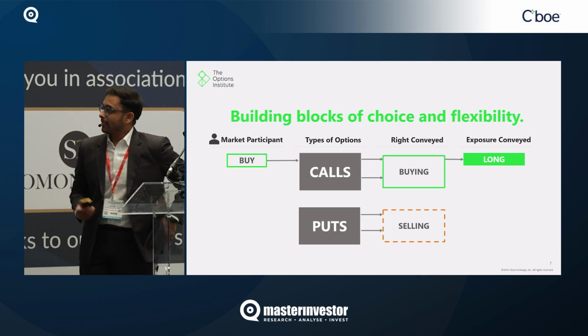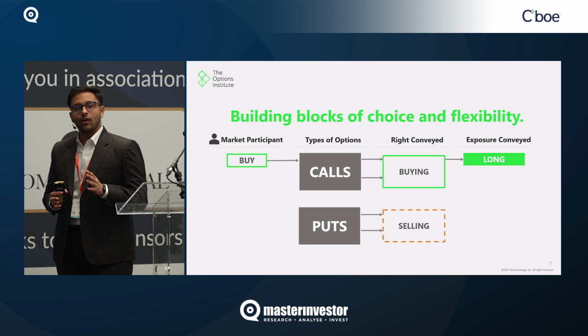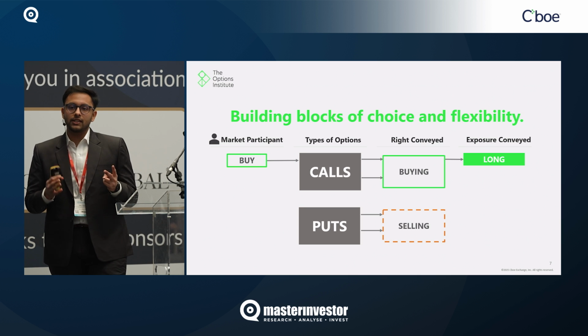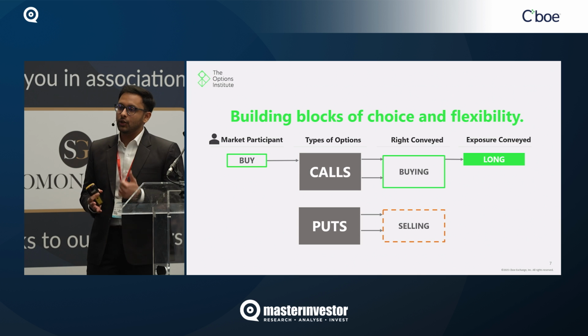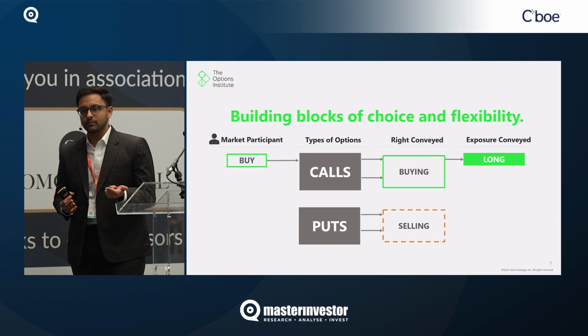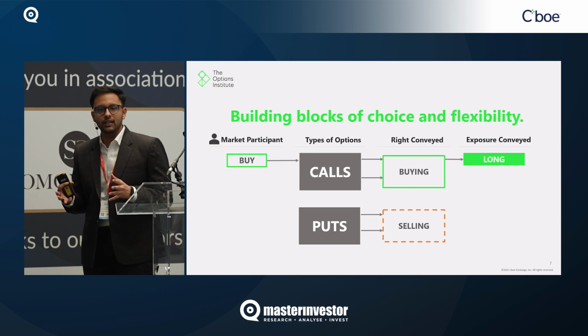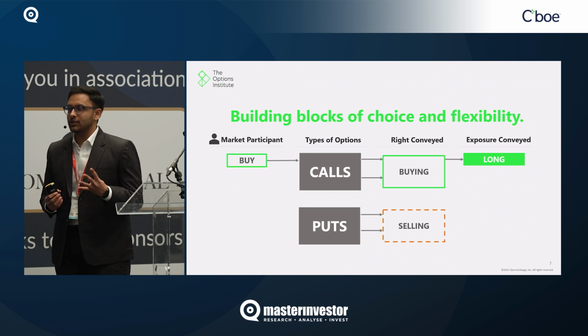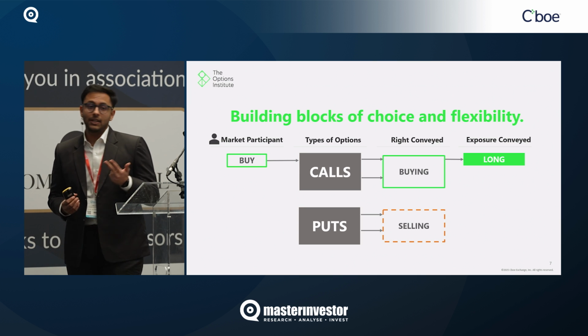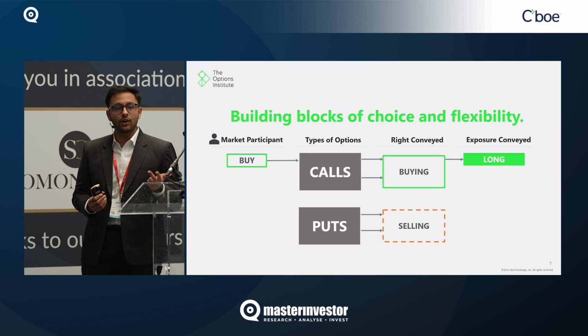So now we know there are 2 types of options. You've got calls and you've got puts, and there are 2 things that you can do with either option. You can either buy them or you can sell them. So the permutation of all these leads to 4 possible actions. You can buy a call, you can buy a put, you can sell a call, and you can sell a